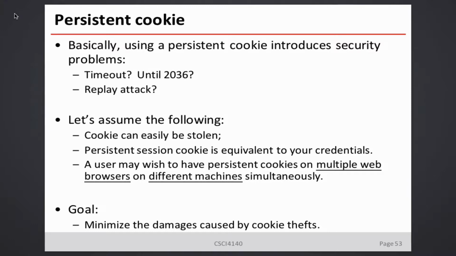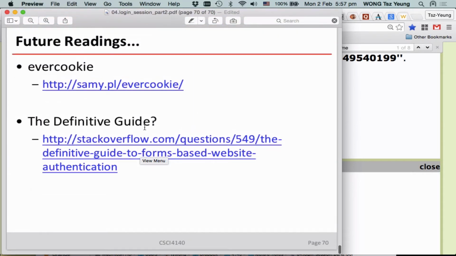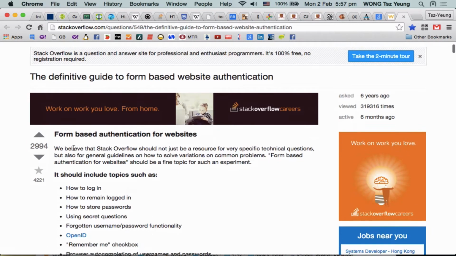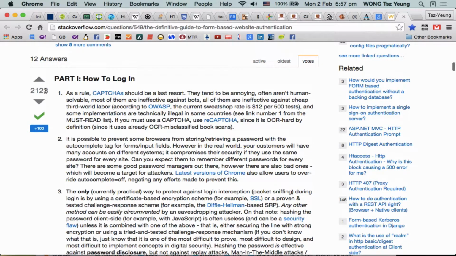This scheme, I copied it from a Stack Overflow page and hid the upvotes, okay? So that I can show you the page first. The page is a definitive guide for, here, you can see the upvotes count, right? Form-based authentication for websites, blah, blah, blah, okay, and how to log in, blah, blah, blah. A set of things are already included here. Now,